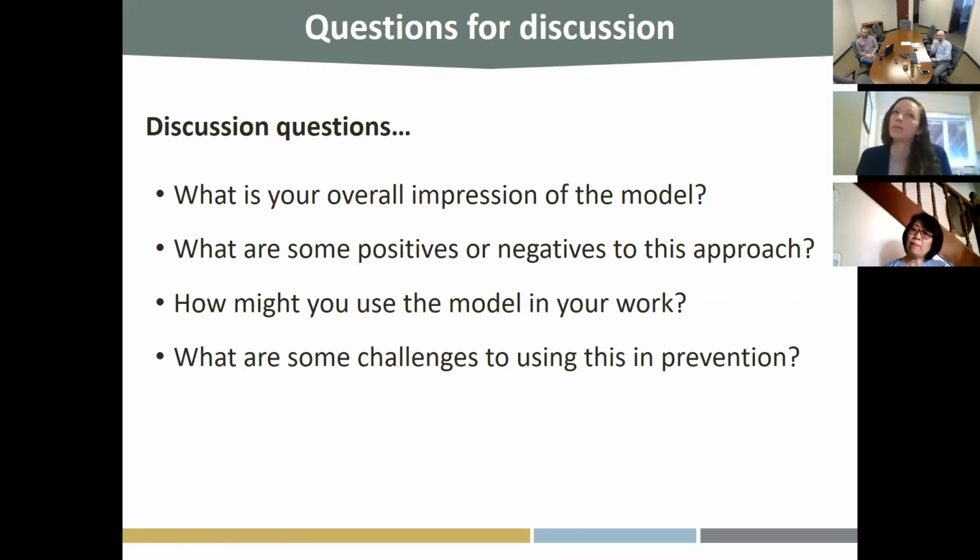I'm not sure. In some ways, I think it's hard because some of the work that the communities are doing isn't nearly as bounded. Prevention work in general isn't often as bounded as an intervention, just by the nature of the work. That presents a challenge, but I think there's still a way to adapt the model for that. I think it might be more applicable where you have a more bounded prevention strategy than some of the broader